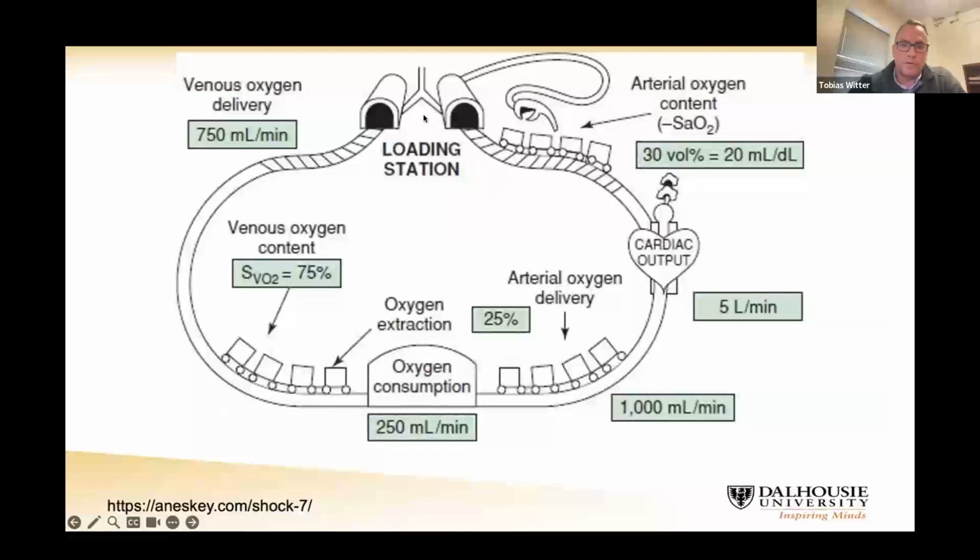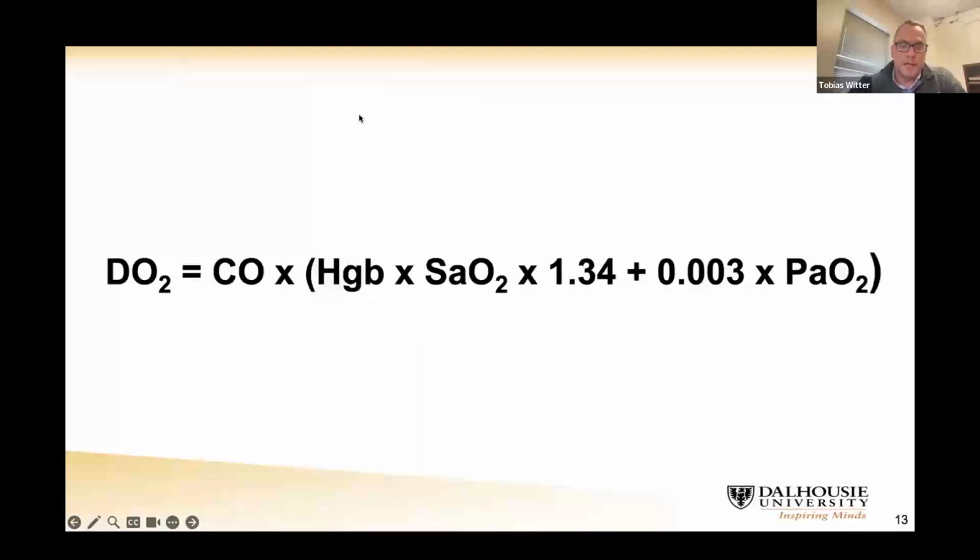We have some sort of cardiac output. The cardiac output pumps the arterial oxygenated blood around our body with a certain oxygen content. And then it is being transported to our tissues, and there we have some oxygen consumption. We'll talk a little bit more about that. And then it goes back to the lungs, where it's getting reloaded with oxygen, and then that train starts to do this loop again.